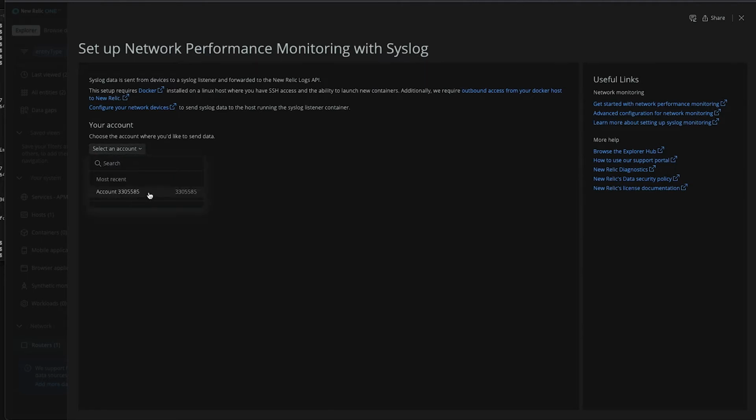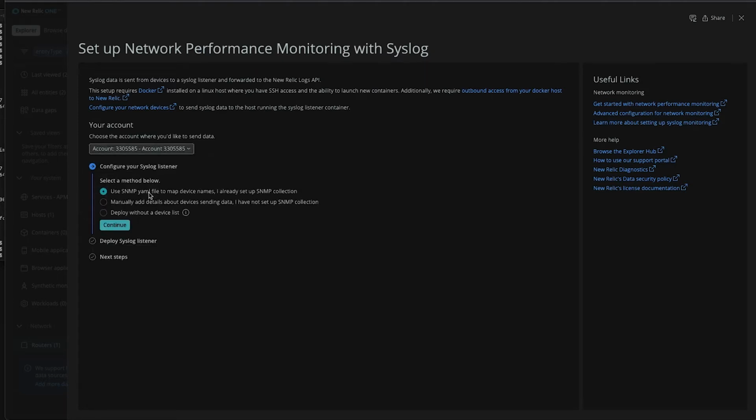Next, it wants to know if we have already set up an SNMP collector, because it can reuse the device list from that collector. Otherwise, it can take us to a wizard where we will create a list of devices, or we can skip having a device list completely. The device list allows us to apply tags to incoming data, but is not required for us to receive syslog events. Since I already have a list of devices being pulled with SNMP, I'll go with the first option to